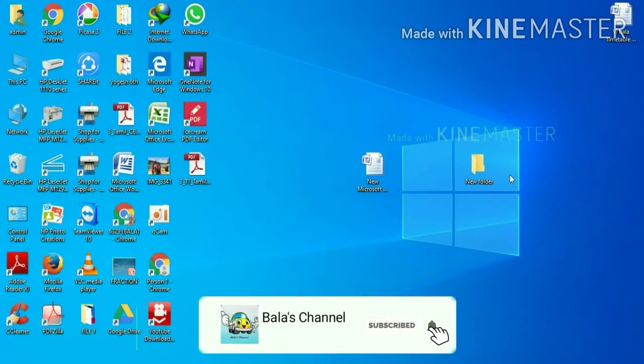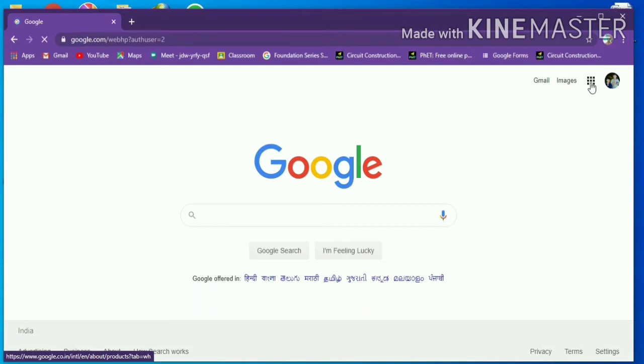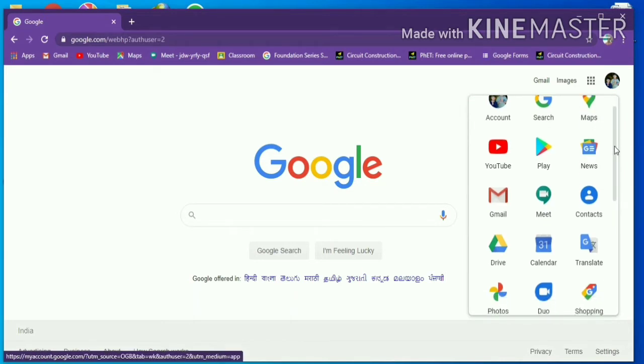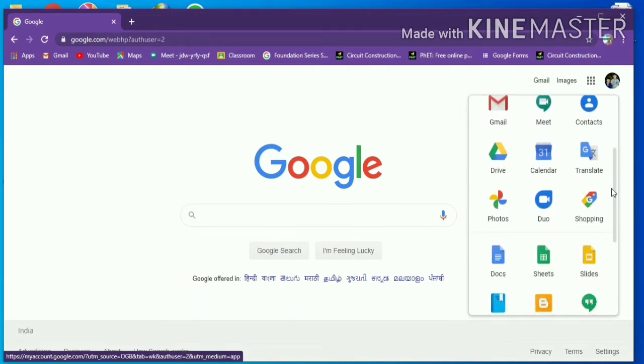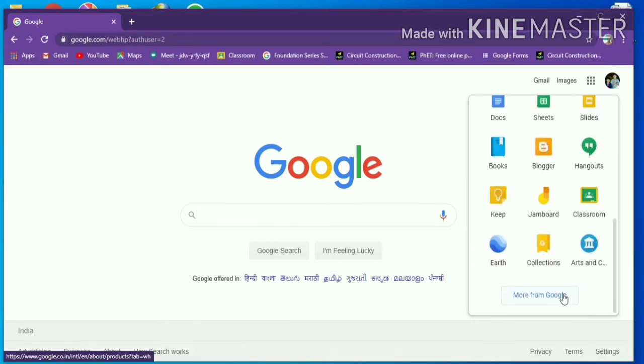Now we want to open the Google Chrome. Now select the Apps tab and check the Forms option. If there is no option, please click the More from Google option.